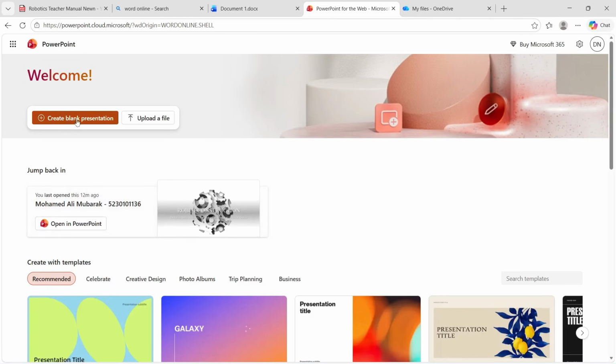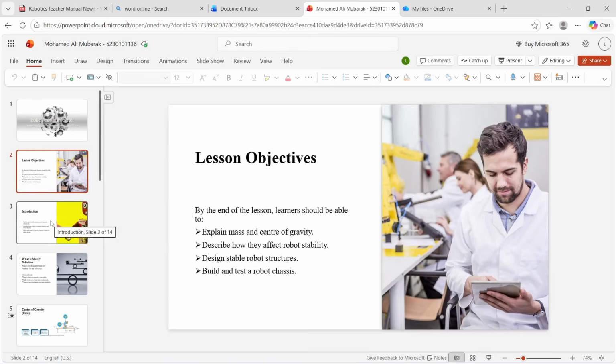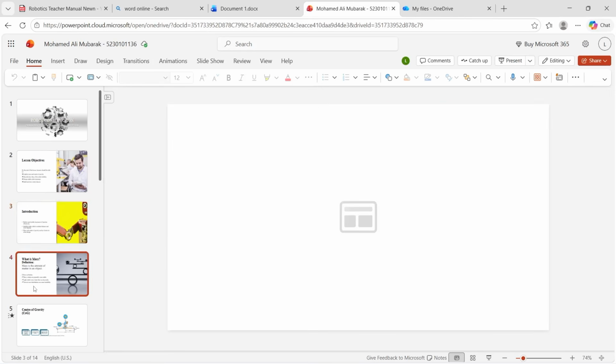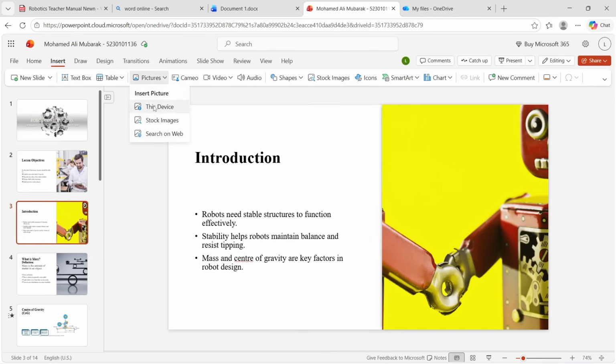You can click on create blank presentation. But for this example, I'm going to use mine because I've done mine already. So I'm going to open it. This is how it's going to be. You choose your topic, just highlight the relevant points, the ones that are very important, and you can insert a picture if you want. You can come to insert, picture from this device, or you can use the stock